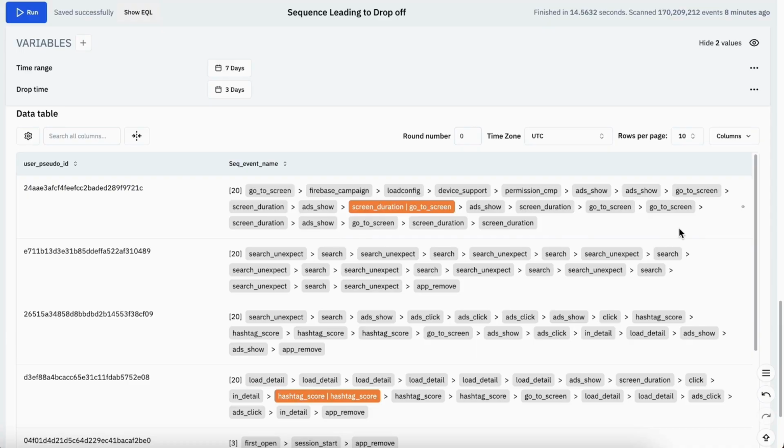However, in the event list, you'll notice that not all events are equally meaningful. Some events might not provide much insight into user behavior. Now, in this sequence, I noticed that some events aren't really relevant to the analysis. For example, here I have this Firebase campaign event. It's a default event that can be useful in some cases, but not in this one, since I'm focusing on understanding user behavior before they drop off. So, to make the sequence more focused, I'll exclude those irrelevant events.